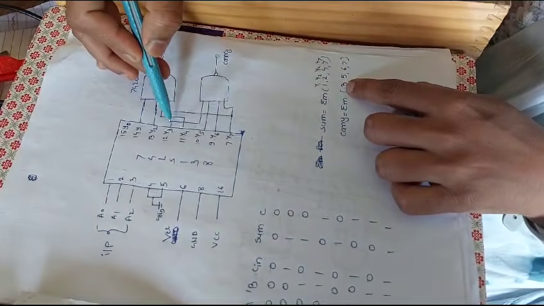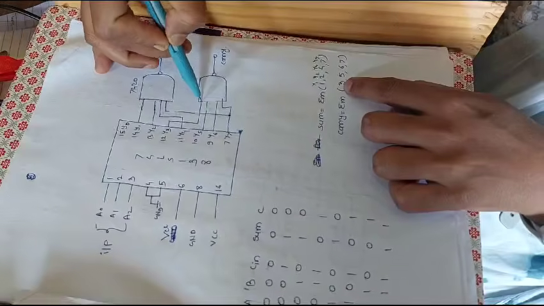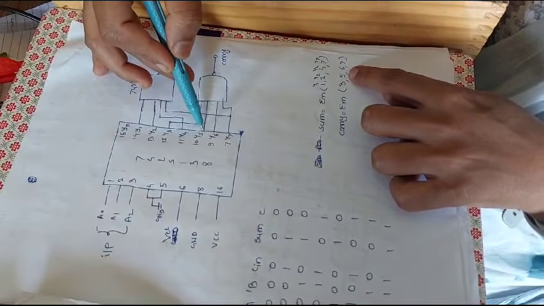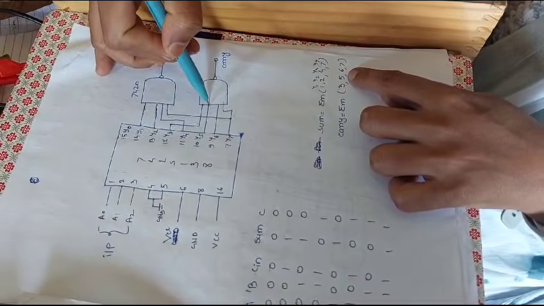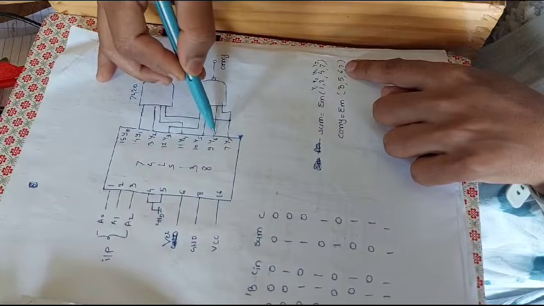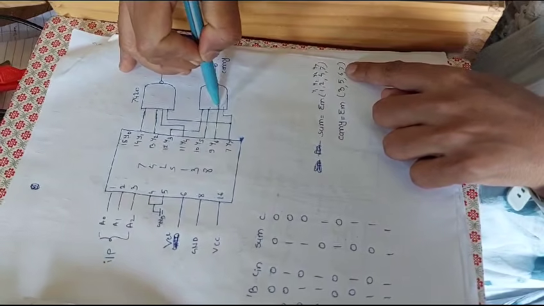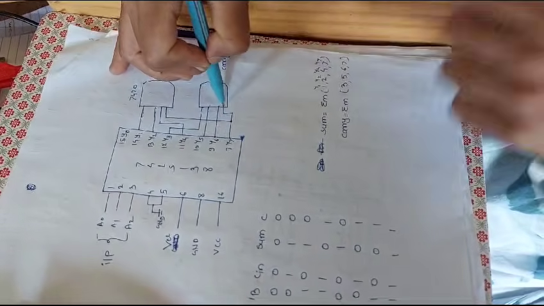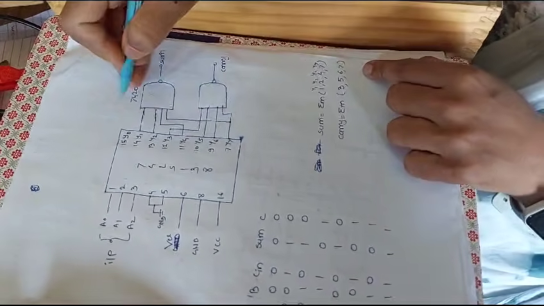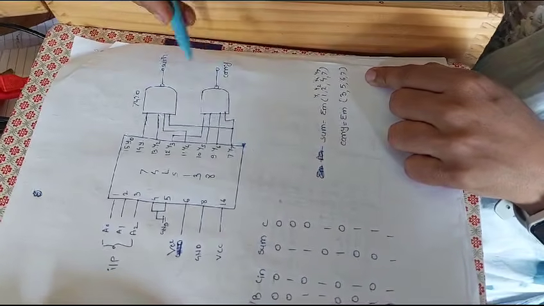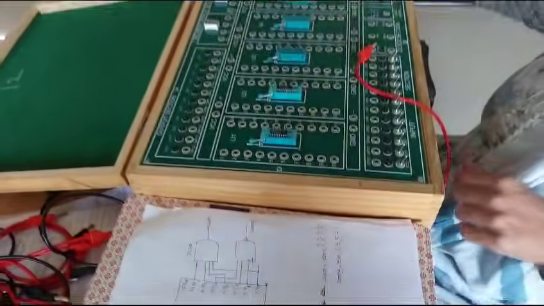In similar fashion, y3 is connected to one of the NAND gate inputs, that is pin 12. y5 is at pin number 10. You have to connect it to another input of the NAND gate. y6 is at pin number 9. It is connected to another input of the NAND gate. And y7, that is pin number 7, is again connected to one of the NAND gate inputs. Here we are using the 4-input 7420 NAND gate IC. This is the sum and the carry. So let us implement it on the kit.